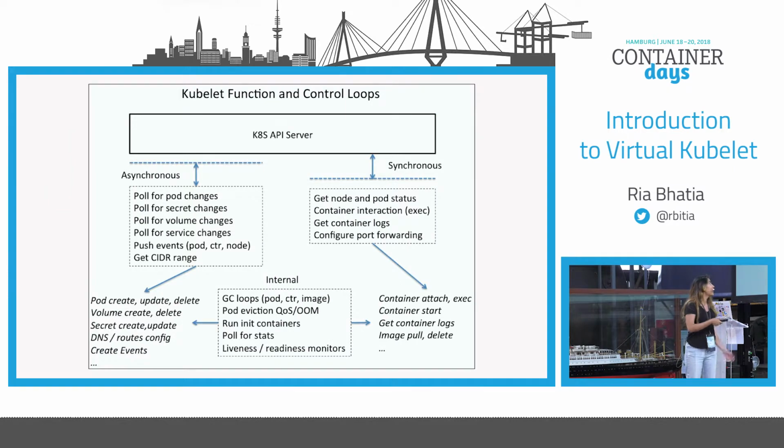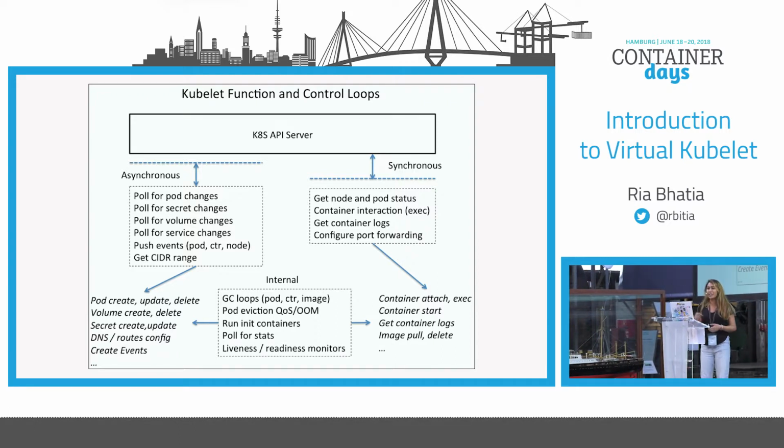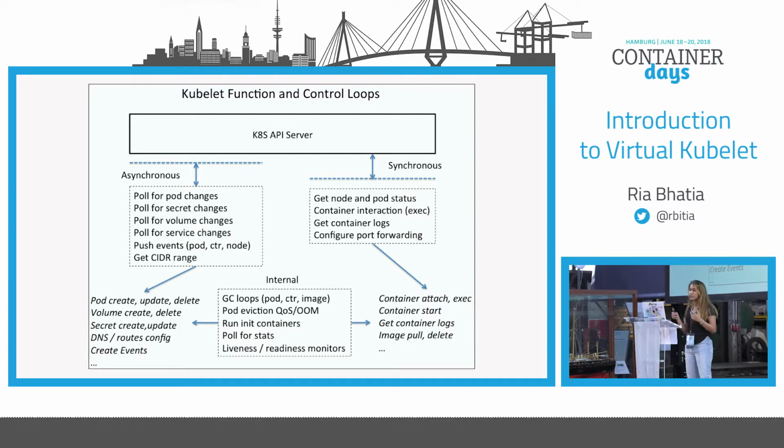Okay. Fun stuff. So control loops. I'm going to step back here so I stop looking behind me. This is currently the Kubelet function control loops, and we have some asynchronous and synchronous control loops here. This is what the Kubelet does today. It does all the things that you're probably used to, getting logs, pulling the image, creating events, updating, deleting, getting the pod status and node status. For example, getting node status,